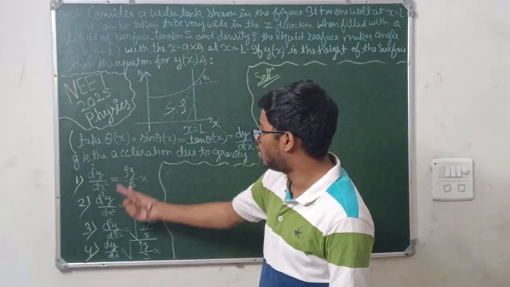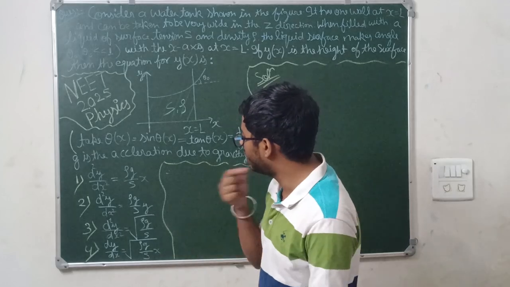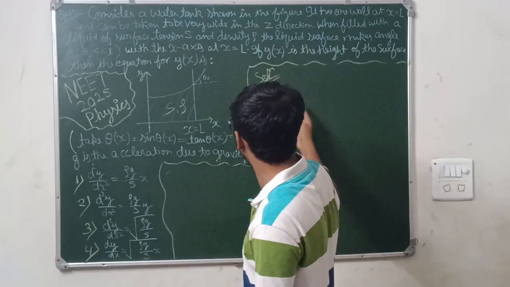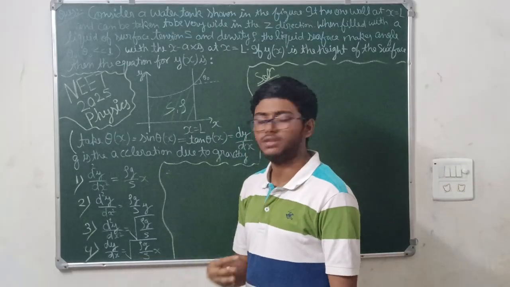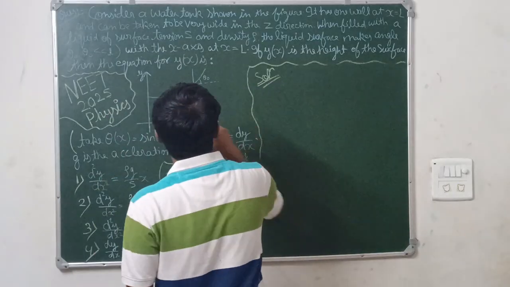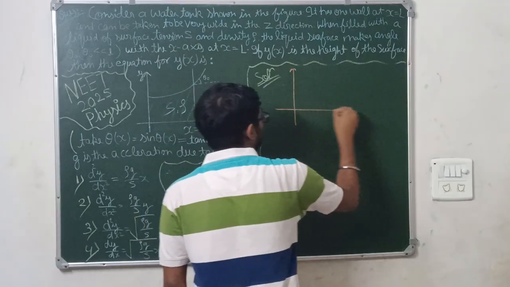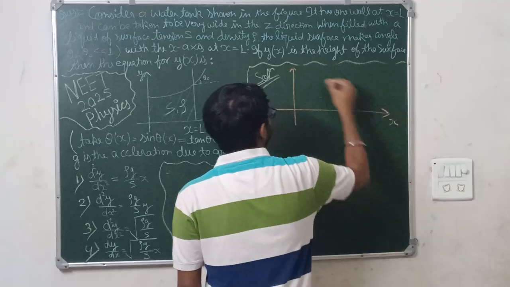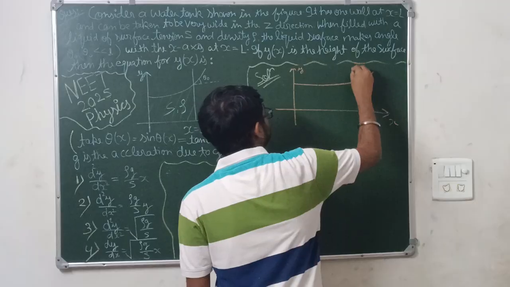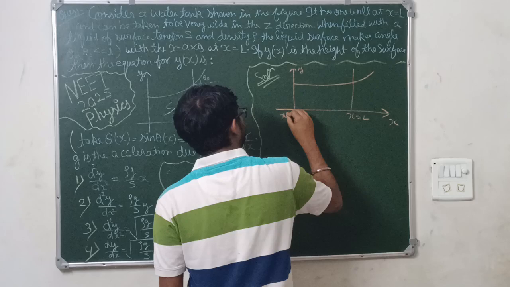First of all, the options are given in a differential form. Generally we can just simplify the options, or take out one expression and verify it with the options, but here this is not the case. We have to fully derive the expression. So we are going step by step and by basics. This is the water tank, with x and y axes. This is the liquid and this is the surface. At x is equal to L there is a wall, and x is equal to 0 is assumed at the other end.